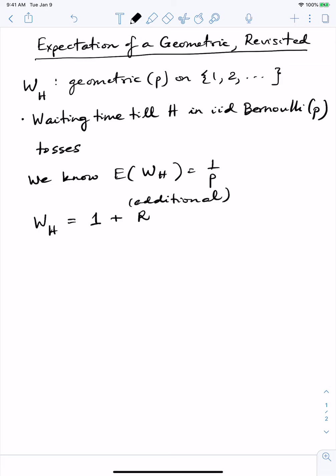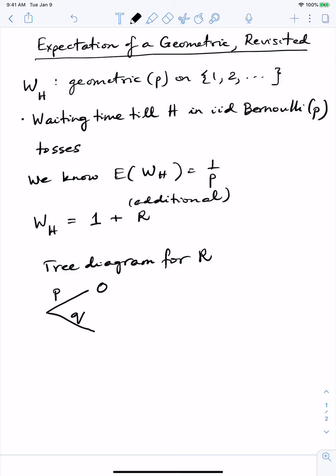Now, when do you need an actual additional? It's when the first toss is a tail. Right? If the first toss is a head, then you're done at 1. So let's draw a tree diagram for R. Then, as we said, it's 0 if the first toss is a head, so that happened with probability P. And with probability Q,